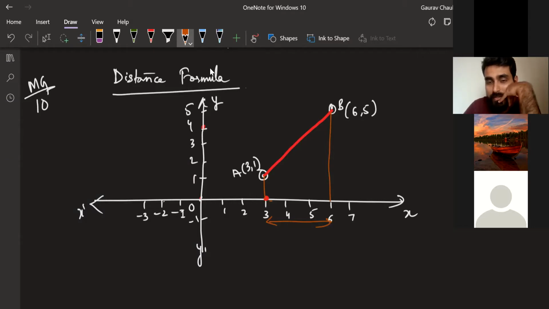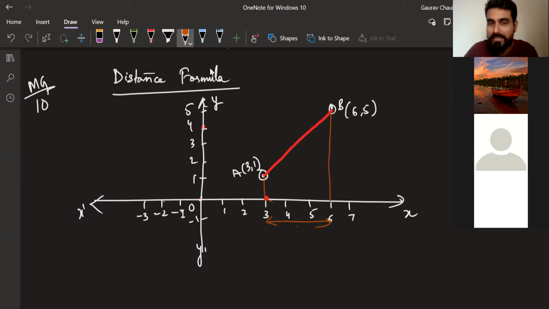Tulsi, I wanted to think about this distance. How many of you think that Tulsi is correct here, that this is the distance between A to B? See, from B to A, if I take 3 like this, 3 will only come till here, somewhere, Tulsi. Correct? Yes, sir. So this is definitely not the distance.